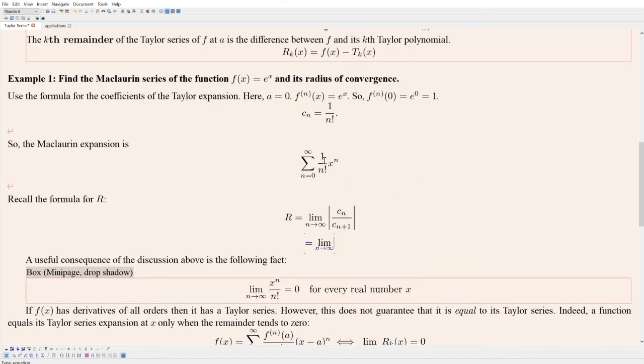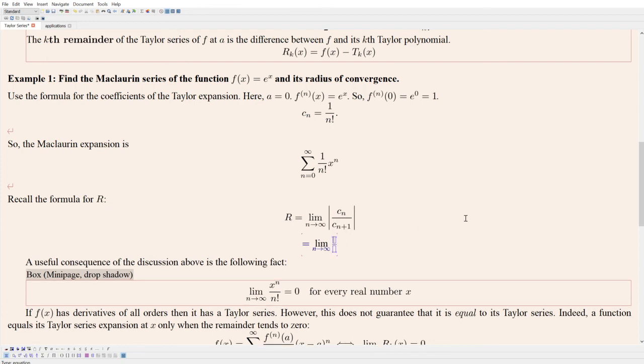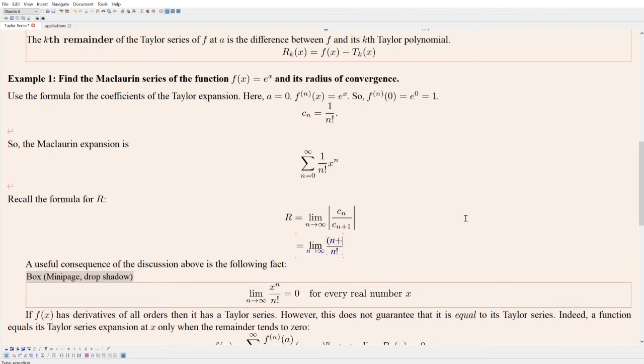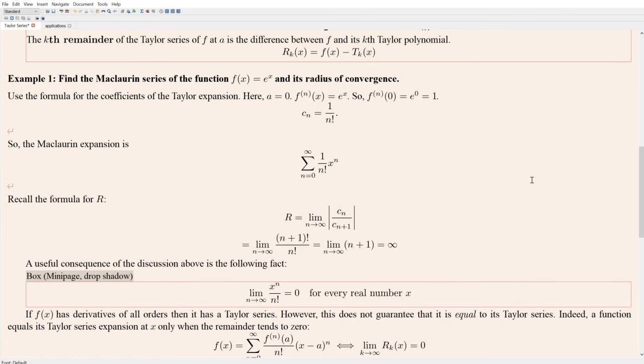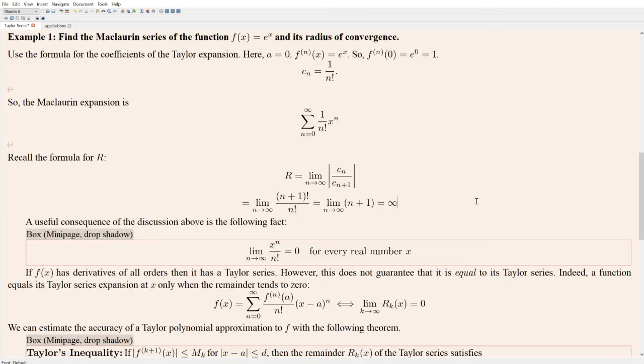Because we're dealing with factorials here, the absolute values have nothing to do. So I'm just going to do this a little more quickly, if you don't mind. Dividing fractions is the same as multiplying by reciprocals. N plus 1 factorial is the same as n plus 1 times n factorial, so we just get n plus 1 left over. Taking that limit, we get infinity. So the radius of convergence is infinite,